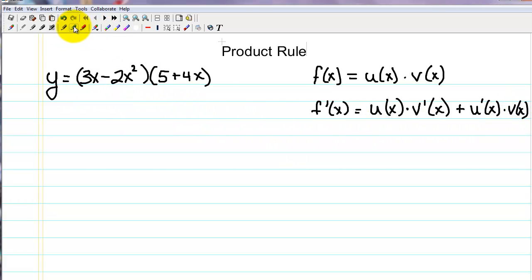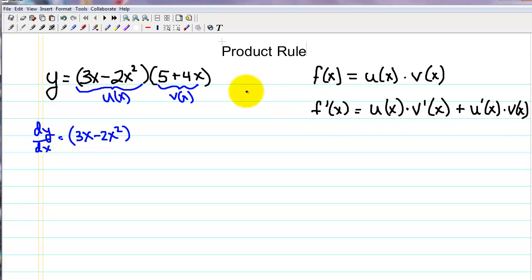So in our example, this expression is our u of x, and this expression is our v of x. So let's find dy dx applying our new rule over here. So we take our first function and multiply it times the derivative of the second. The derivative of a constant is 0, and the derivative of 4x is 4. Now we add the derivative of the first function, which is going to be 3 minus 4x,